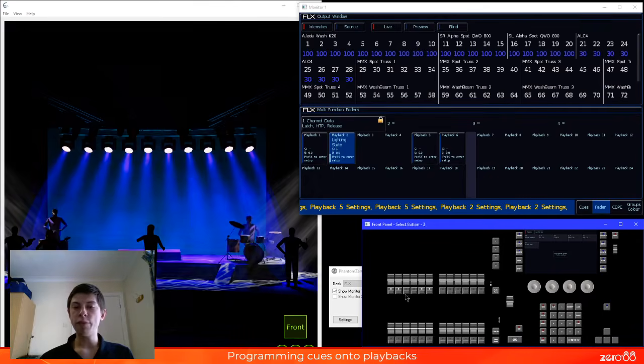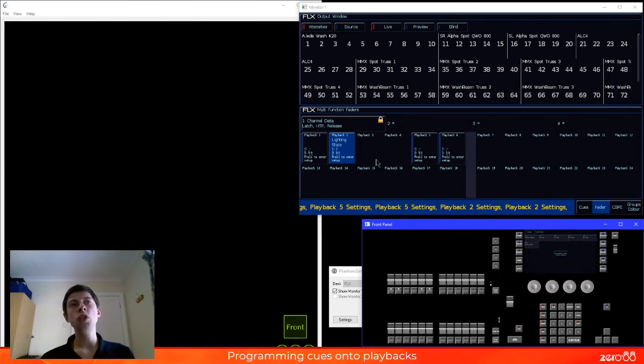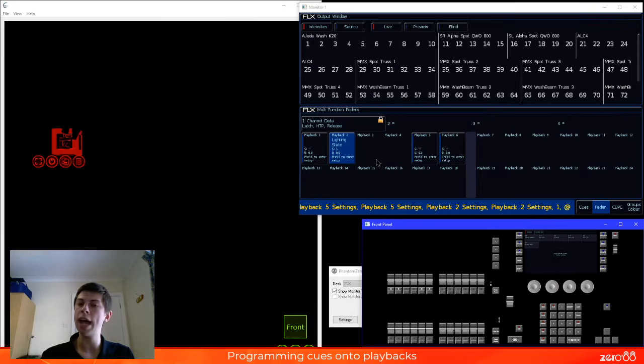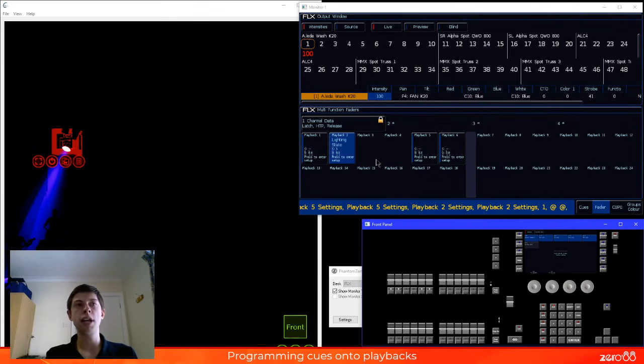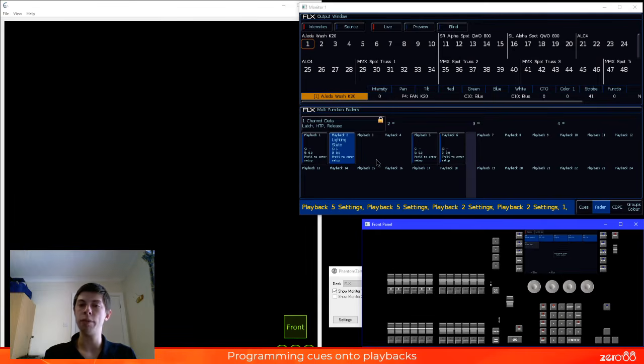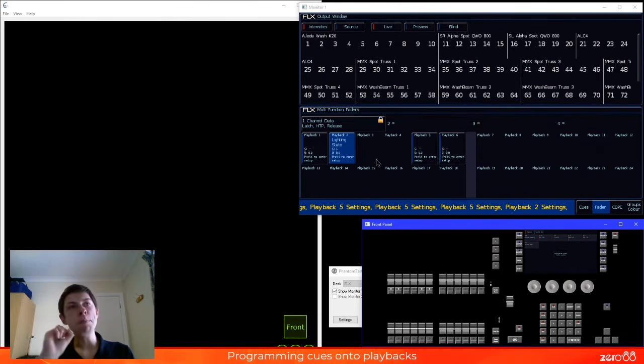Now what that means is when that fader is lowered, the playback is not released. If I were to go in and use a little bit of syntax and say 1 at, notice the colour and the position is still coming from that playback. So if you want to manually release a playback, if you've lowered it and set it to not release automatically, press and hold the clear button and then tap the button of the playback you wish to release. So I'm going to press and hold clear right now and tap my playback button there,